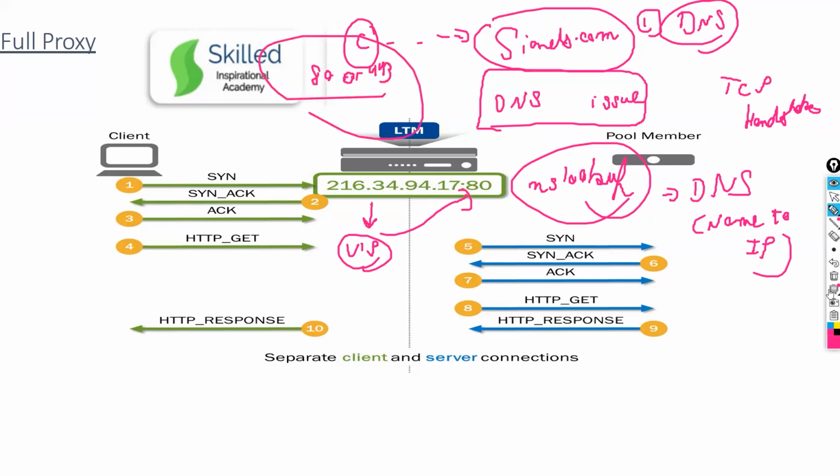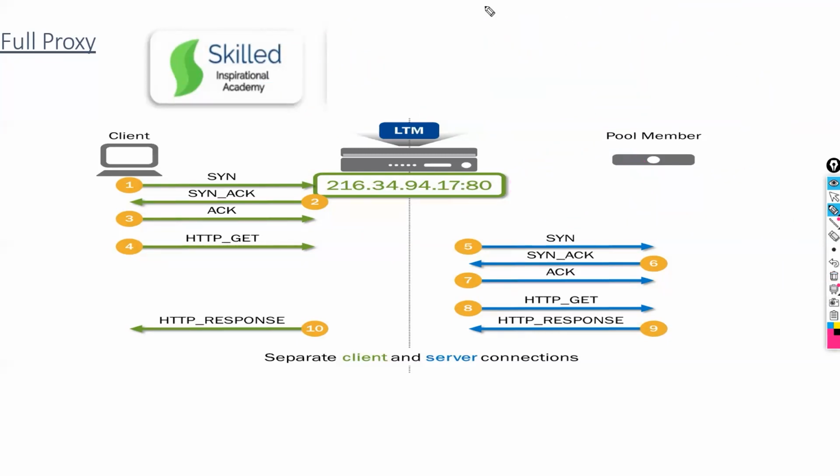When a customer says that I want to deploy my application which is accessible over the internet, will you suggest 80 or 443? 443, sir. Why don't you suggest 80? Because it is not secure, not encrypted. Okay, excellent. So always your application should be HTTPS.